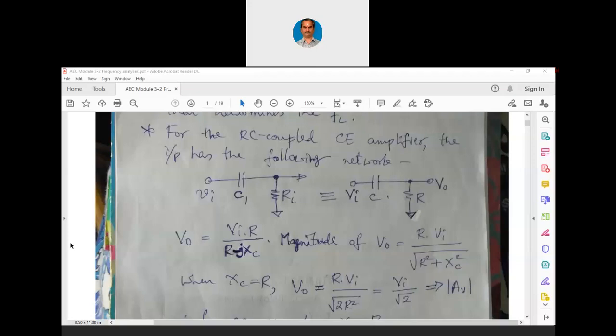You must already know why this minus sign comes there and why the j symbol is used. In fact, discussing all those things is beyond the scope of this particular course. To discuss all those mathematical things, we have a separate course called network analysis, where we deal purely with passive components. Whereas in this course, analog electronic circuits, we are dealing with active as well as passive components and their role in analog circuits as such.